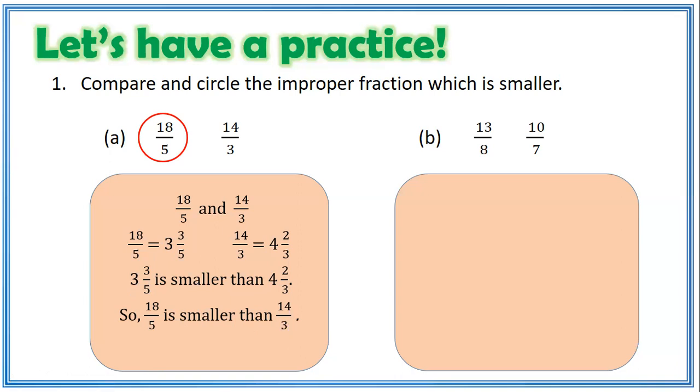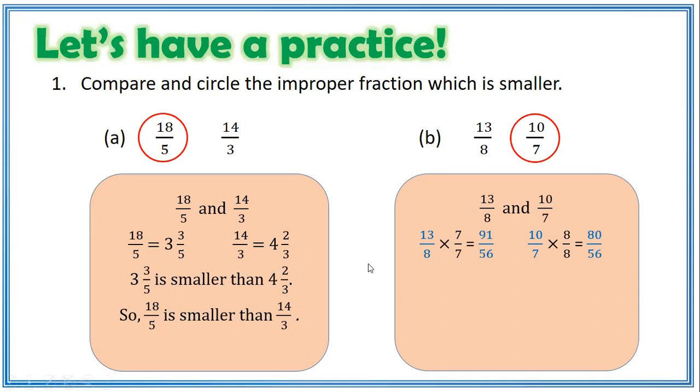Very good. Next, let us have letter B. 13 out of 8 and 10 out of 7. So between the two improper fractions, which is smaller? Your answer is, all right. So how did you get it? Okay, so this time we're going to use method 1. So their first common multiple is